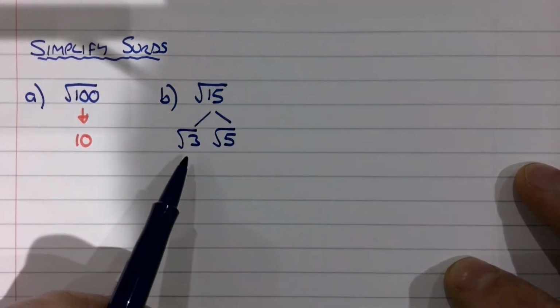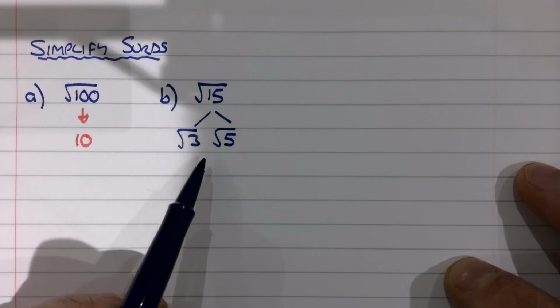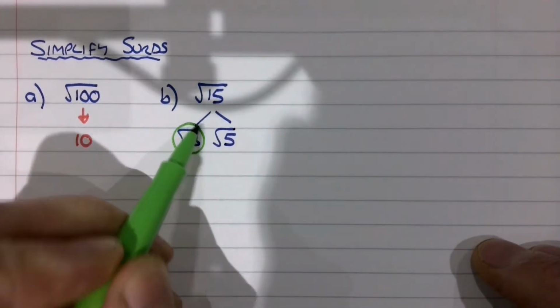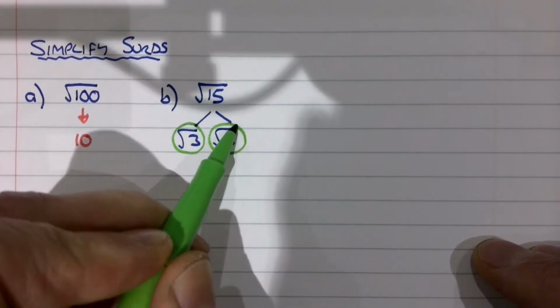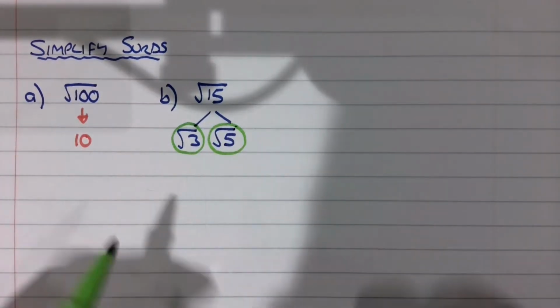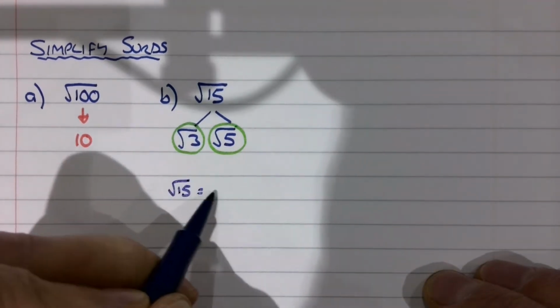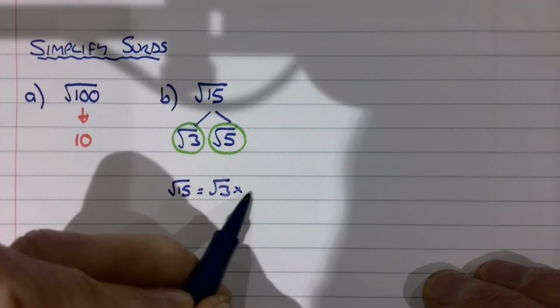Like prime factor trees, 3 is a prime number, so I'm going to circle it. 5 is a prime number, so I'm going to circle it. So what we're really saying is that the square root of 15 is equal to the square root of 3 times the square root of 5,